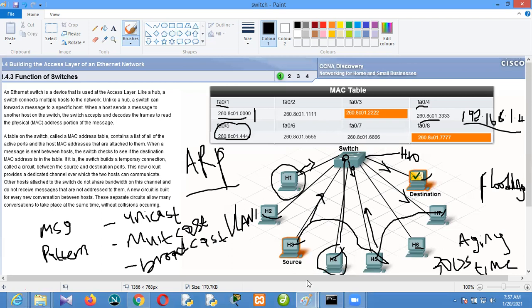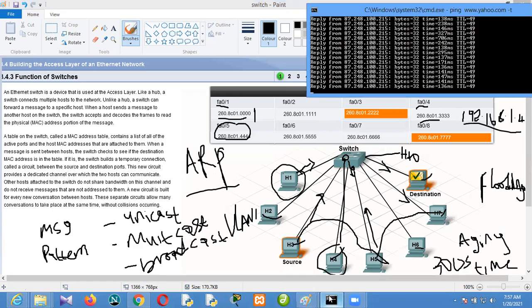So collision only occurs on the interfaces of the switch. Why on the hub? Collision occurs on the hub. It doesn't matter, even if the hub has 24 ports, as long as any two messages enter the hub at the same time from anywhere, there will be a collision. Unlike that of a switch. Switch, the only time collision can occur is on the interface. So that is why we say